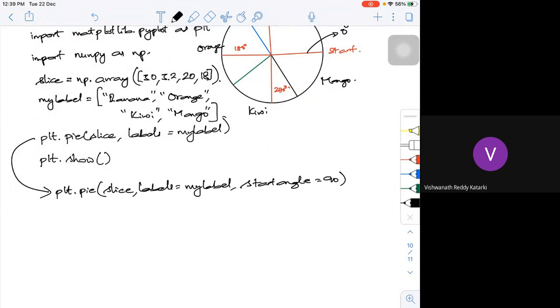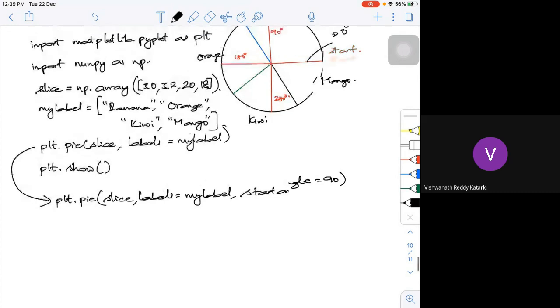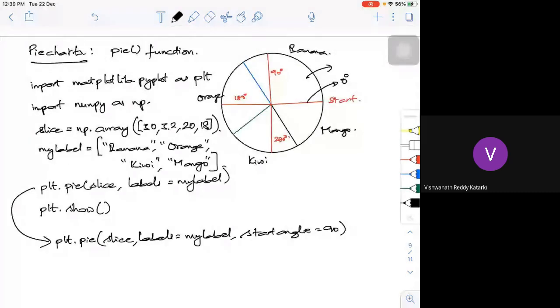Okay. Now there are cases where I want to explode a particular thing. Say for example, these are called wedges. Maybe in pure mechanical terms, we call this a wedge.